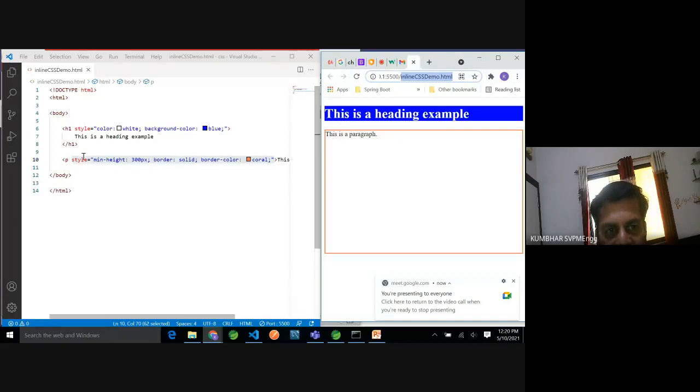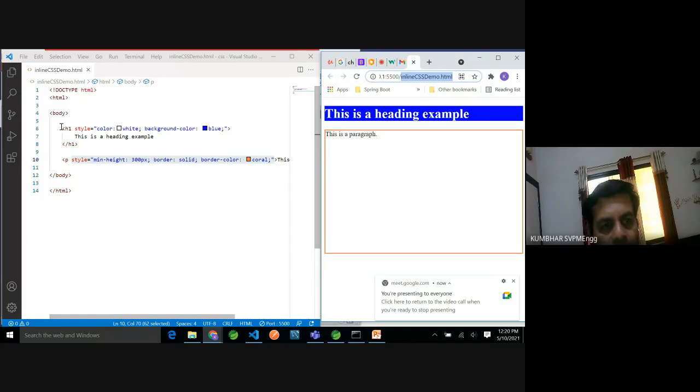This is the inline style, but just imagine, suppose I have four headings on this page, and I have to apply the same style to all the headings.